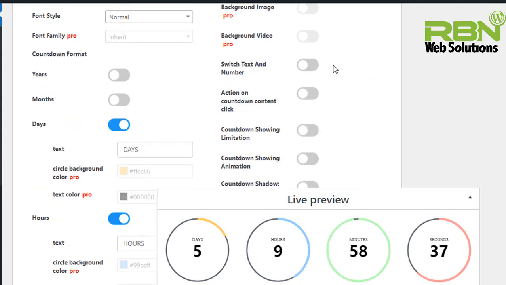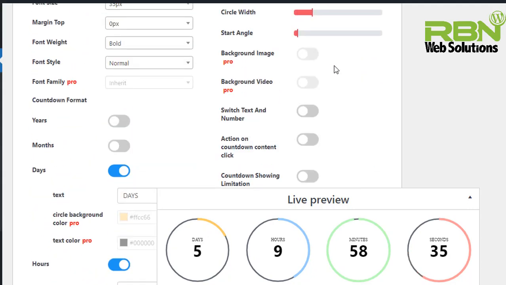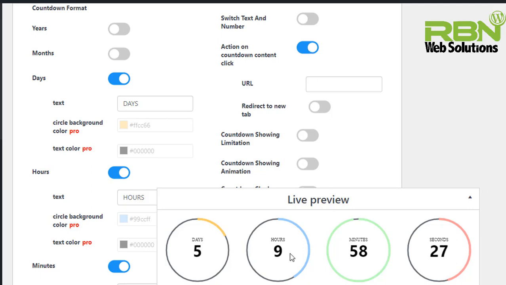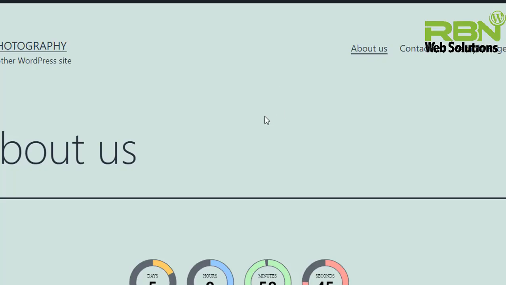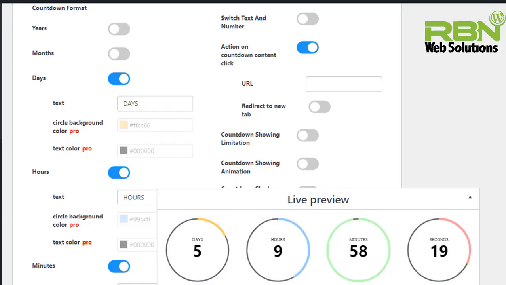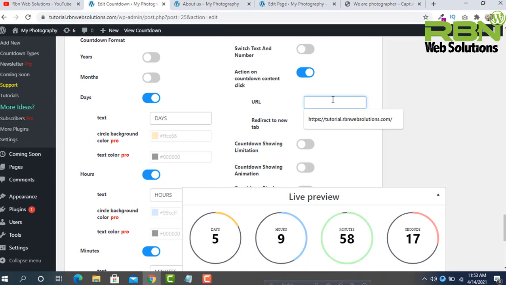After that you will see other options, and then you can see Action on Countdown Content Click. Now you can see the timer is not clickable, but if you want to make it clickable, you can do it also. Really great feature.